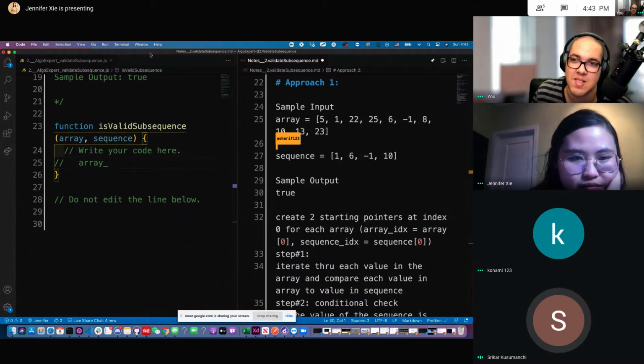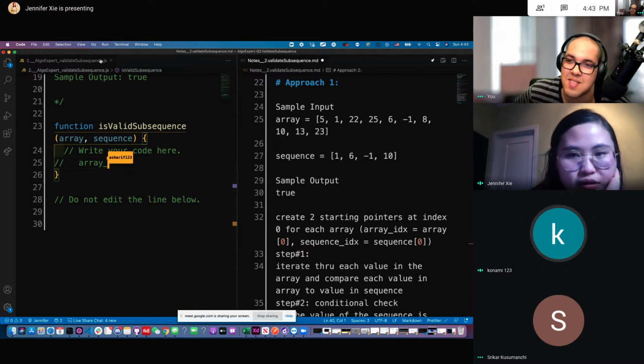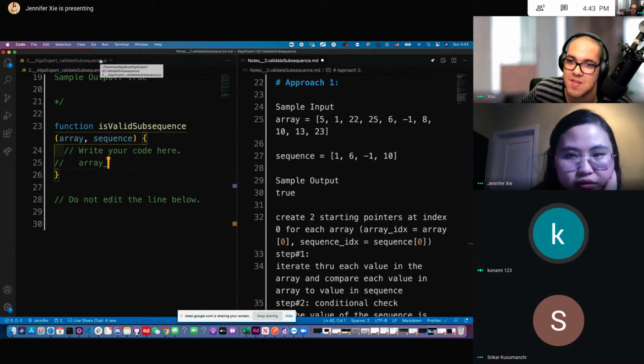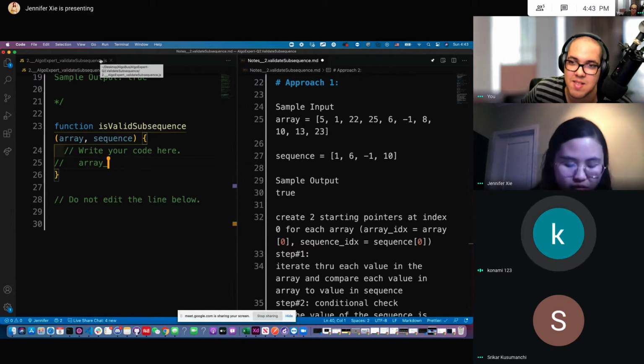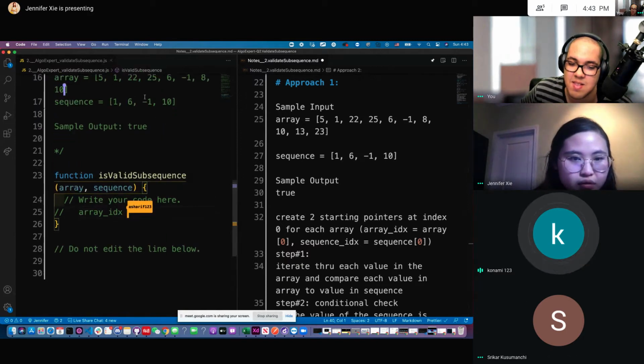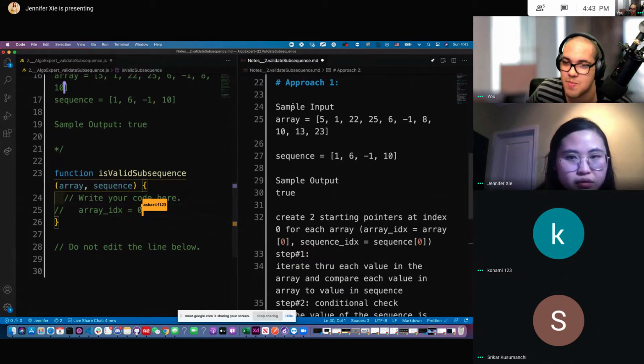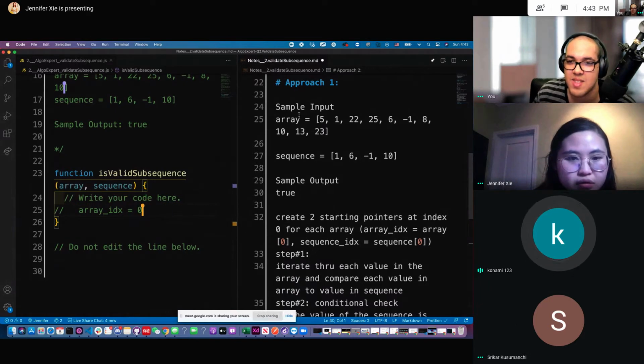A lot. You have to write pseudocode in line 25 in the JS file. Yeah. Okay, that's where I was. So I guess we want to start at the beginning of the array. So have one pointer for the beginning of the array, and then